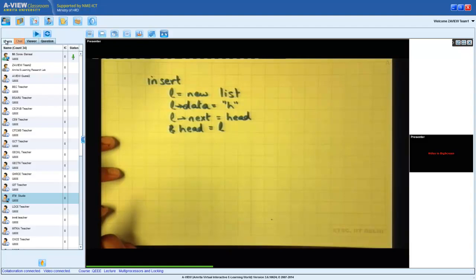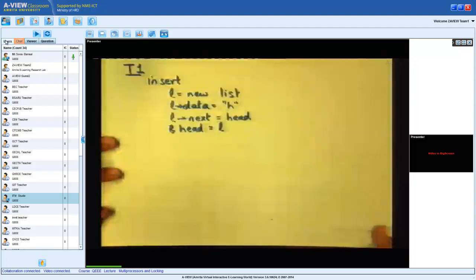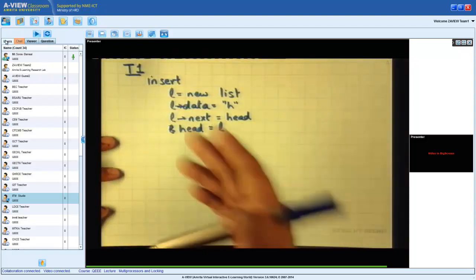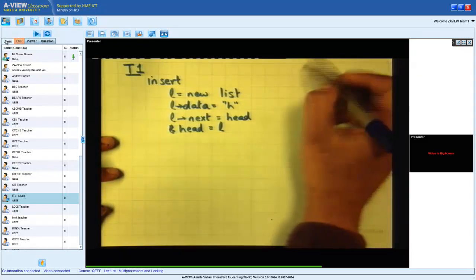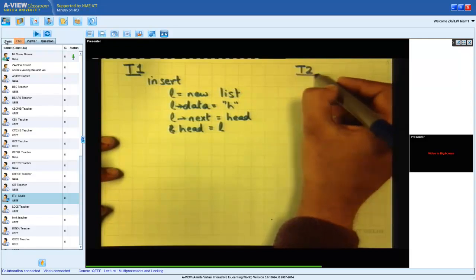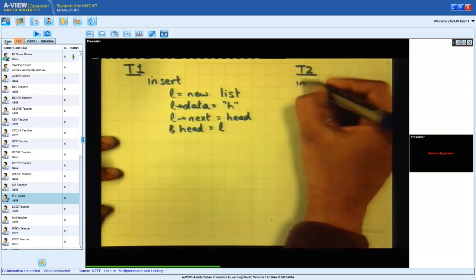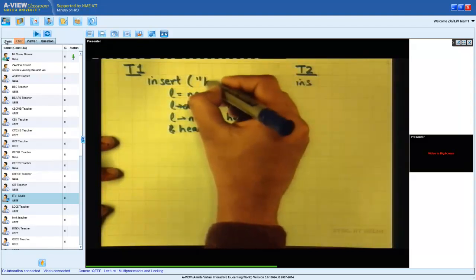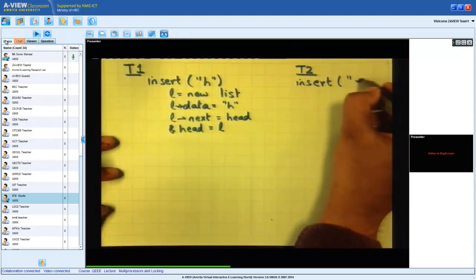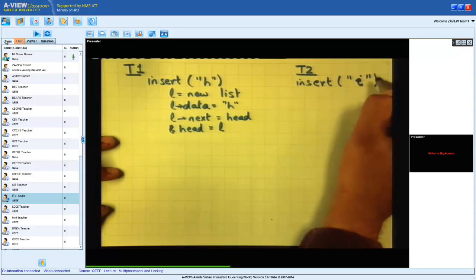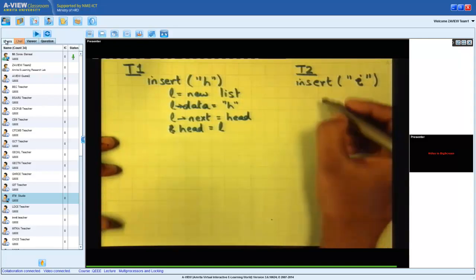Right? Let's say this was executed by thread 1. Thread 1 executes this code, insert, and these are the 4 statements that thread 1 is executing. Now let's say there's another thread T2 that also wants to insert to this list. So it also calls insert, but this thread was inserting H, and the other thread wanted to insert I. So he wanted to say hi, right? The first thread is going to say H, and the second thread is going to say I. All right, so the total should be hi.